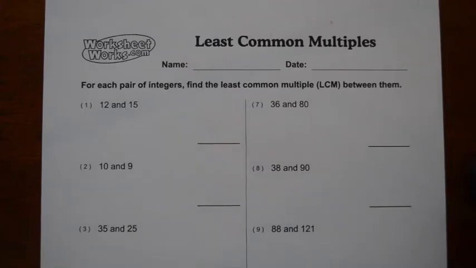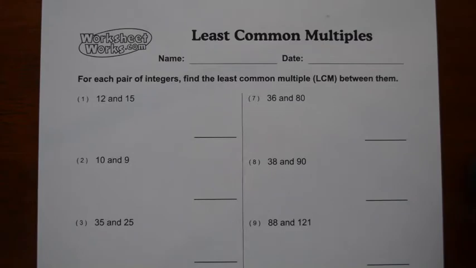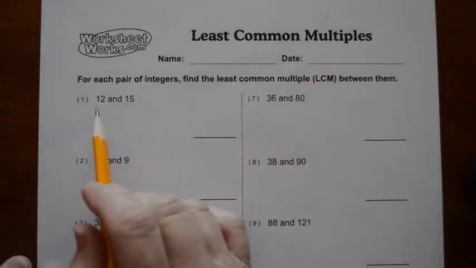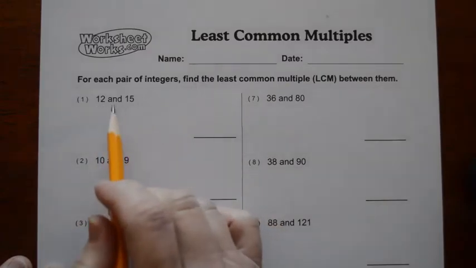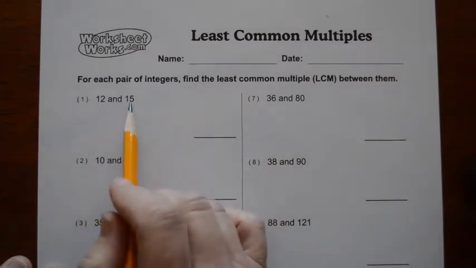Okay, let's take a look at this page in your workbook. You might be looking at this and thinking, oh my gosh, Mrs. Taylor, we did this in like 4th or 5th grade, and you're right, but I just want to review it because we looked at finding the least common multiple, or eventually least common denominator of numbers back then, but now